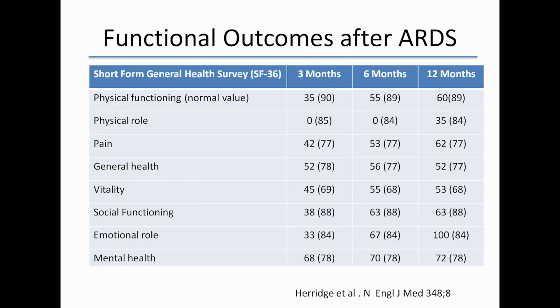Here's some additional data looking at a variety of different domains on patients' self-reported functional outcome. And this includes the patient's emotional role and mental health. This is a survey that the patients answered on a scale of 0 to 100. And shown on this slide are the patient-reported outcomes for each of these domains compared to the expected value of